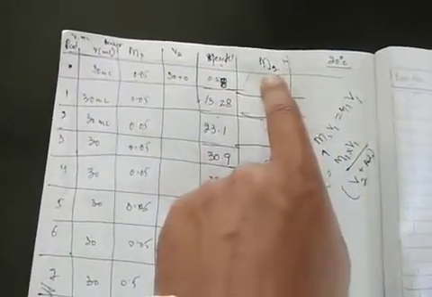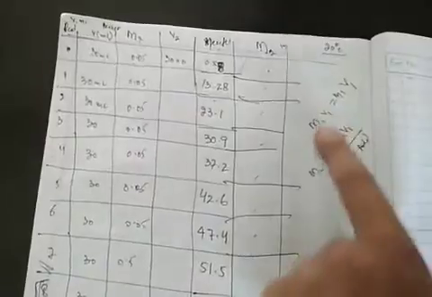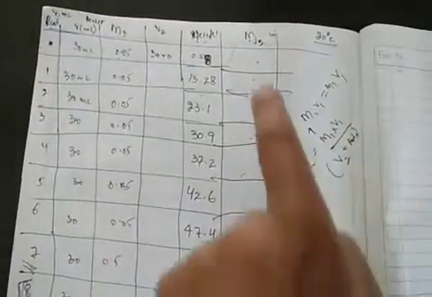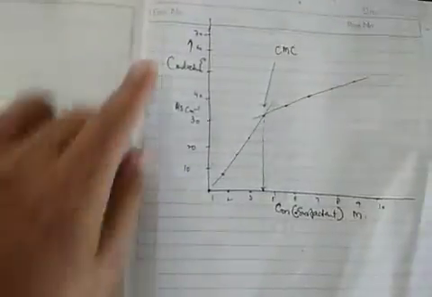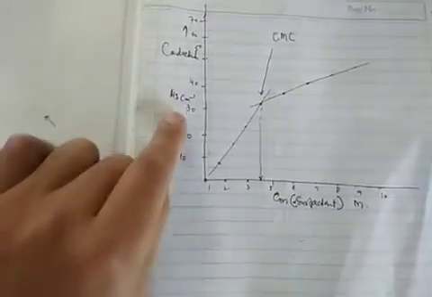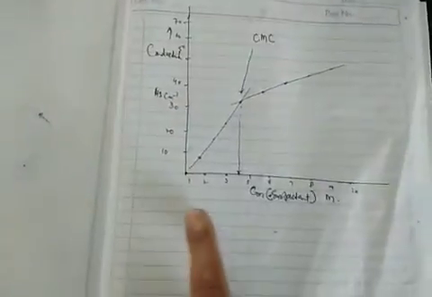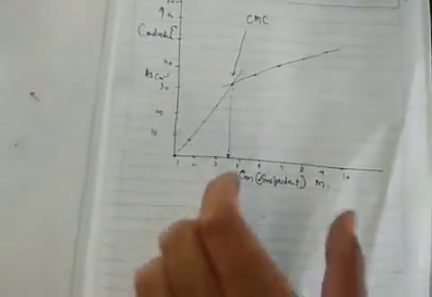So we have to calculate the M2 with the help of the M1 V1 = M2 V2 dilution formula. So you can calculate the M2. तो हमें यहाँ M2 calculate करना पड़ेगा, and then we'll plot this concentration of surfactant inside the beaker versus the specific conductivity. तो जब हमने इसको plot किया, roughly I'm doing this, so we'll end up with this type of a curve, where on this side we'll keep the conductivity, that's microsiemens, and this side we'll keep the concentration. I'm just making it rough.